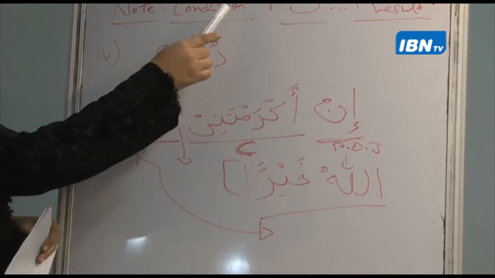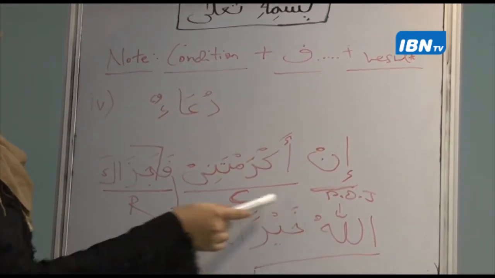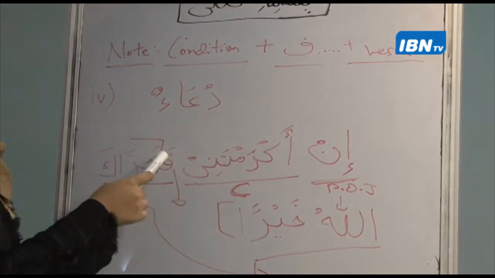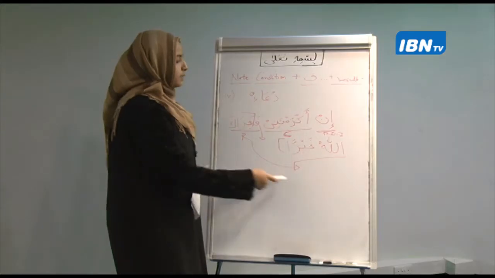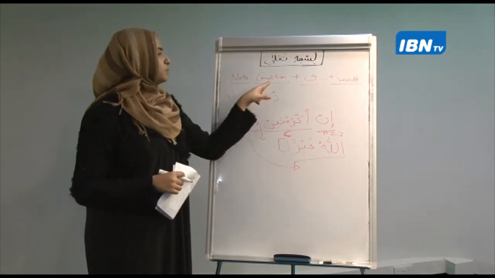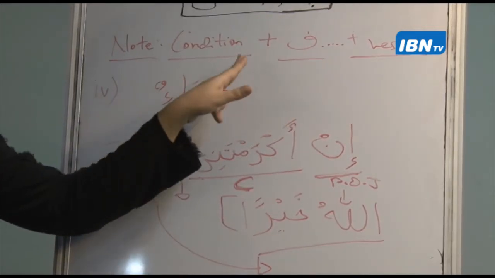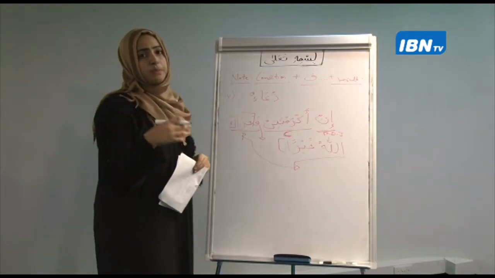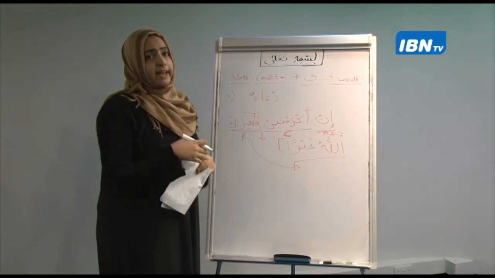Same like here. So I have my condition. Here is my condition, followed by fa in the middle. My fa is here in the middle. My result at the end. So you notice that it will take this format: condition, fa, result, if my jaza is jumlatul ismiya, if my